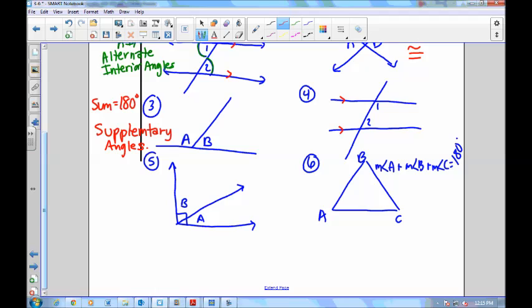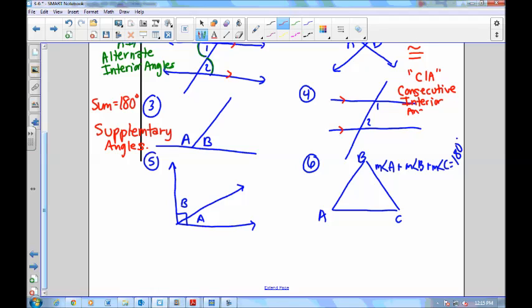Like the FBI. CIA! What does CIA stand for? There you go. Consecutive interior